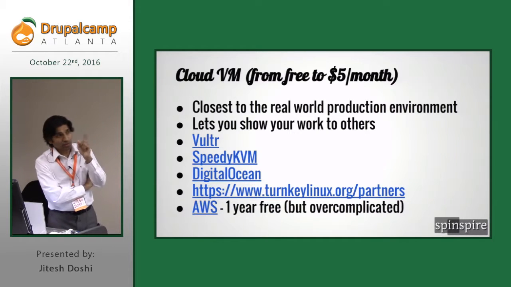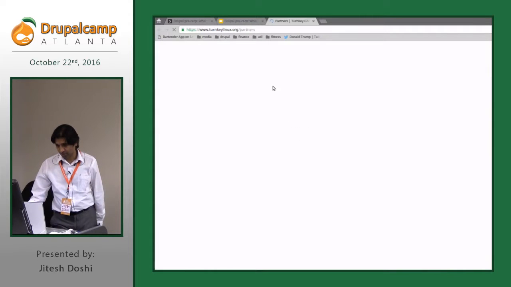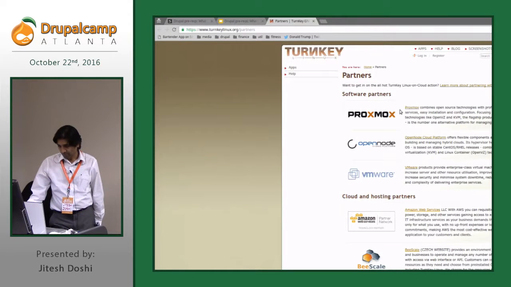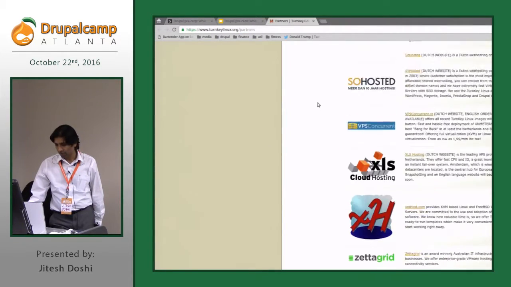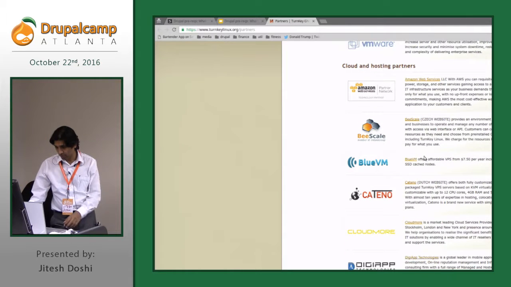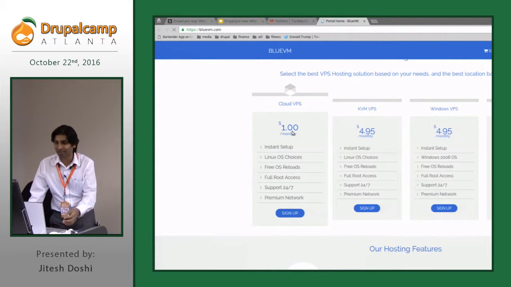And then if you go to Turnkey Linux partners, there are a whole bunch of partners that you will see. You can go to any of them. So here, this Blue VM, for example, gives you a $1 a month virtual machine. I mean, that's pretty cheap.